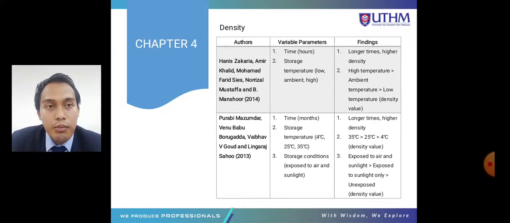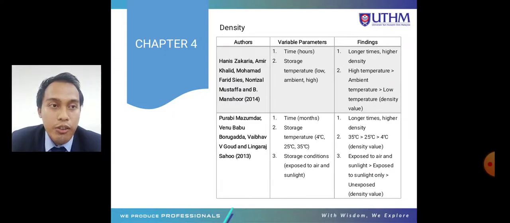Whereas Purabi Mazumdar's study also showed the same result, which is the effect of temperature on the density: higher temperature produces a higher density value for the biodiesel after a certain period of time. Also,